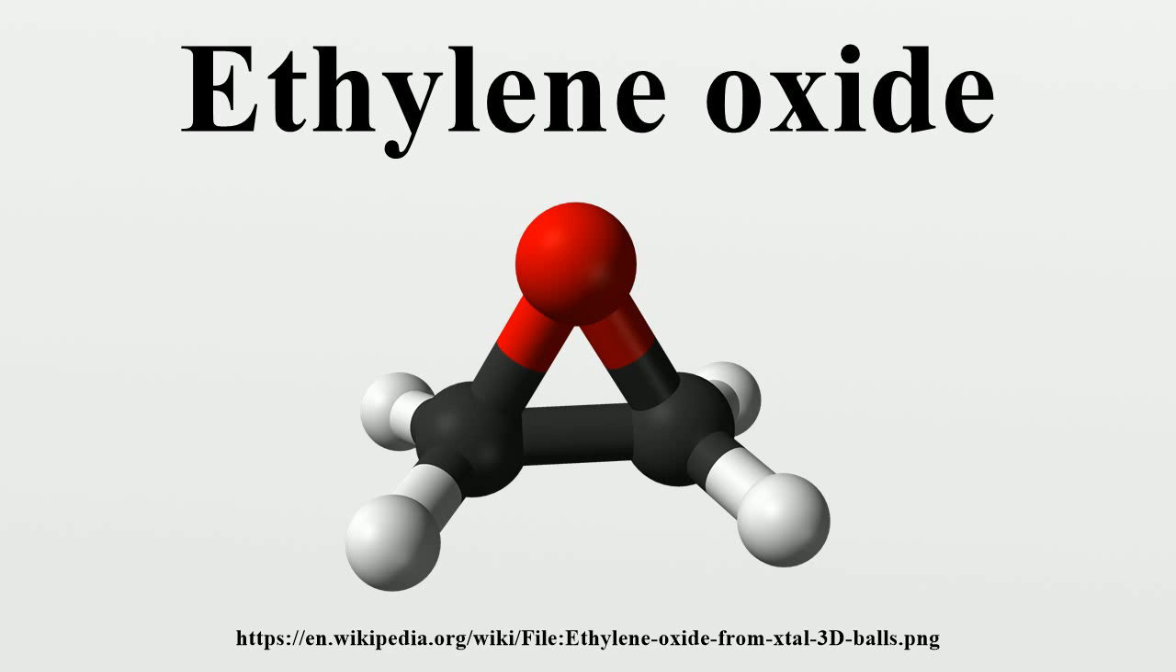Halide addition. Ethylene oxide readily reacts with aqueous solutions of hydrochloric, hydrobromic and hydroiodic acids to form halohydrins. The reaction occurs more easily with the last two acids. C2H4O plus hydrogen chloride gives HOCH2CH2Cl. The reaction with these acids competes with the acid-catalyzed hydration of ethylene oxide, therefore, there is always a byproduct